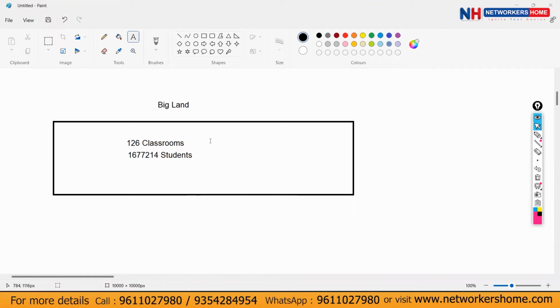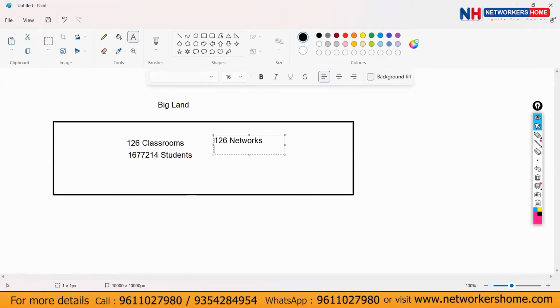And in each floor, we can fit these many PCs. Number of hosts per network. In each floor, we can have these many PCs. So 126 networks and 16777214 hosts per network.